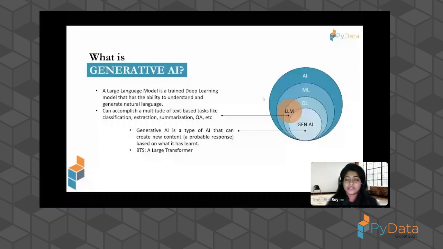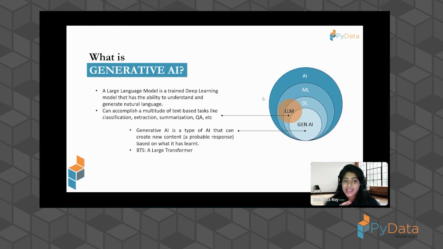And where does generative AI fit in here? There are different kinds of tasks that AI or machine learning strives to accomplish, including discriminative tasks and generative tasks. The discriminative tasks are more around classification or identification predictions, and generative tasks are more about generating content, or generating texts and images, and that is where generative AI comes in, and it is based on neural networks at the heart of it.